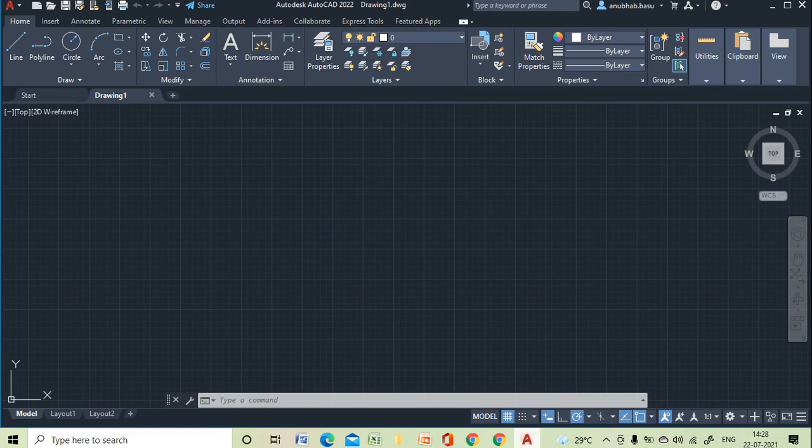So I'm using a layer. At first I'm creating the layer.